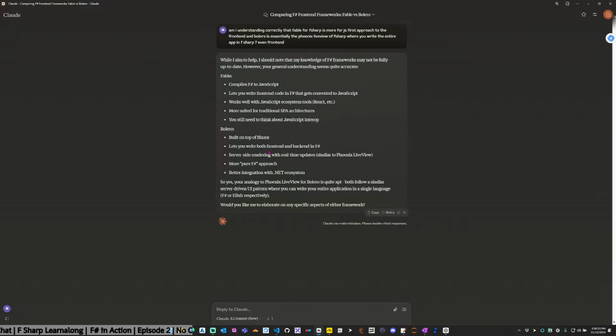Built on top of Blazor. More pure. Okay, yeah, there you go. That's a good way to put it. More of a pure F# approach. Server-side rendering. That's what I want. That's honestly what I want. I could give a shit about everything else. It's just really the